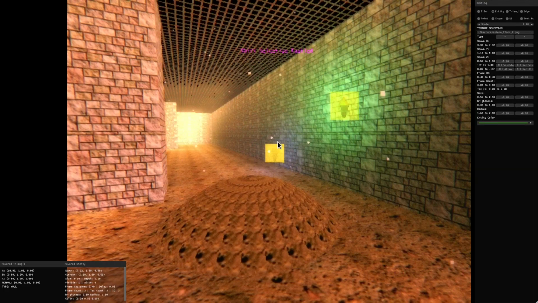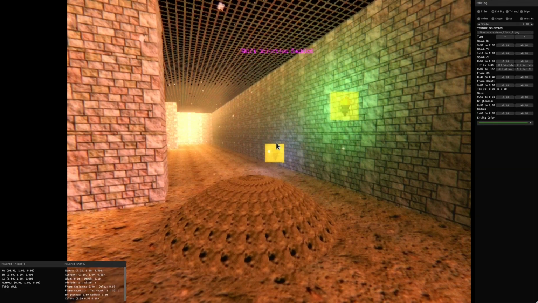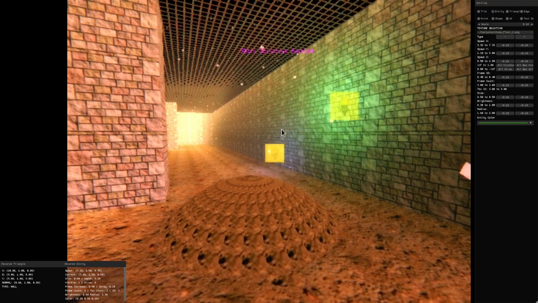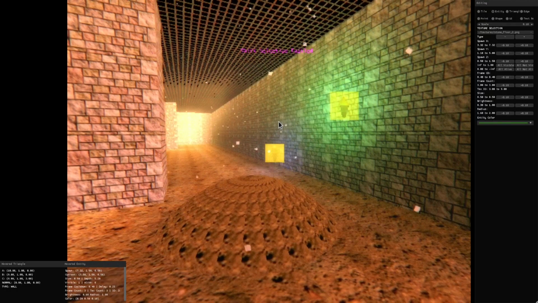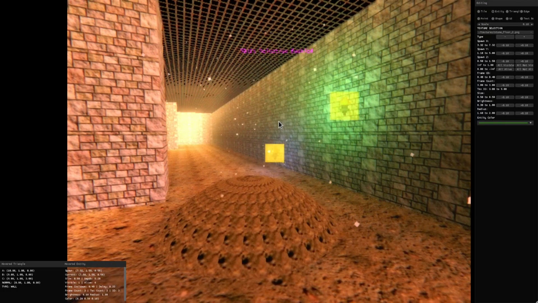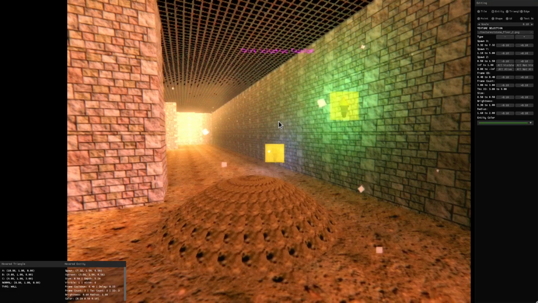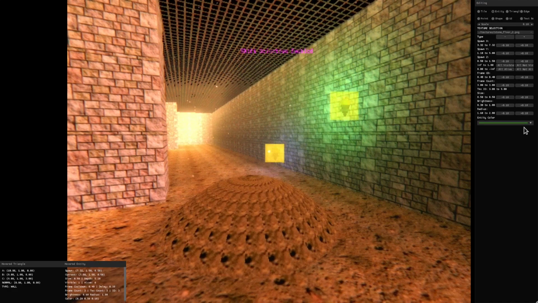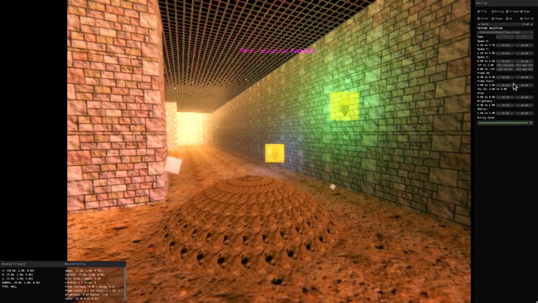So I didn't really spend that much time working on this, to be honest, because I know I'm going to have to refactor all of it, and it's going to be painful once I add in proper meshes and proper models. So I'm anticipating the refactor on that. It is quite painful thinking about it. All the things I have to change, but yeah, obviously all of this stuff works as